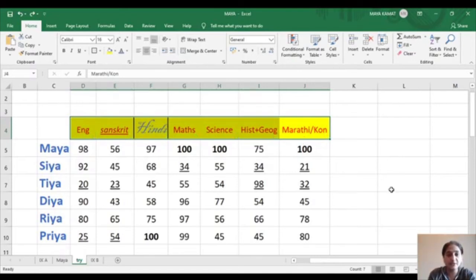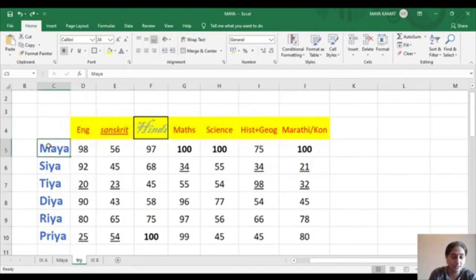Now similar to filter, what I have to show you today is the sort feature. From the name itself, sort helps you to sort in ascending or descending order. Ascending sort means it will sort in alphabetical order, A to Z. If I say descending sort, it will sort from Z to A. So it is the reverse.